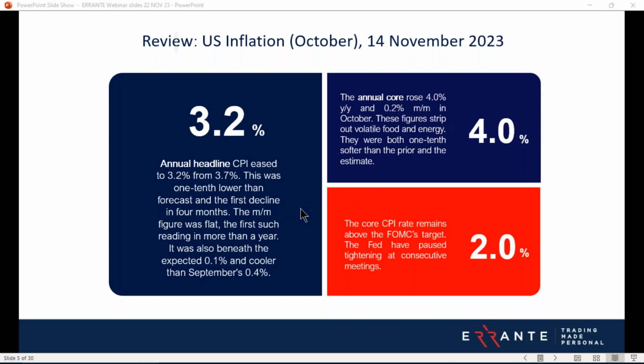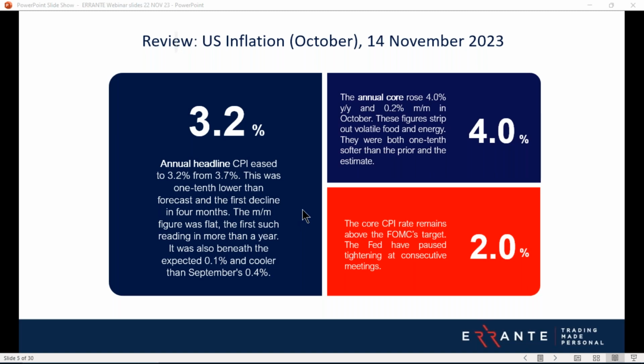Just according to the CME FedWatch tool, Fed Funds Futures, they're pricing in, as I say, a 25% chance near enough of a 25 basis point cut in March. Quite incredible that, with around 90 to 100 basis points of cuts now by the end of next year. So yes, a big change from obviously expecting even a 25 basis point hike next month, sorry, or January, and that was priced at around 40% at one point. So that's now a near dead certainty that there are no more hikes, according to Fed Funds Futures, and